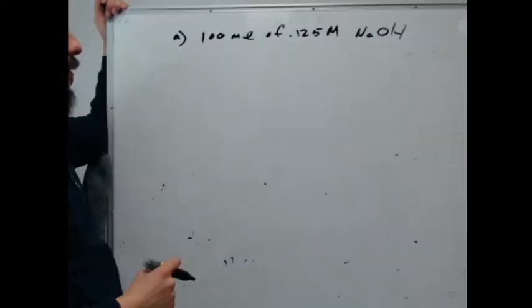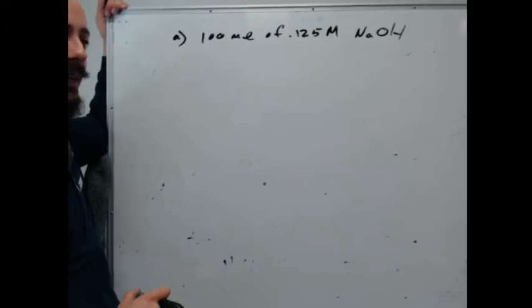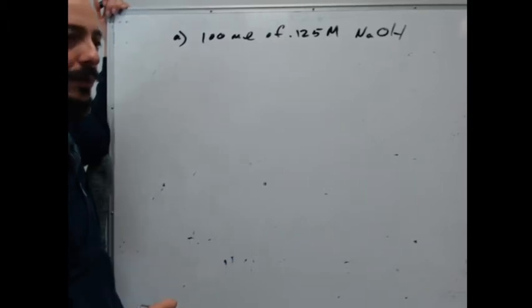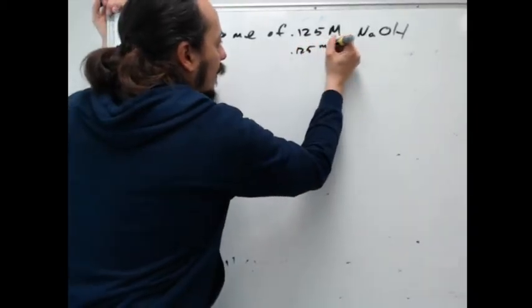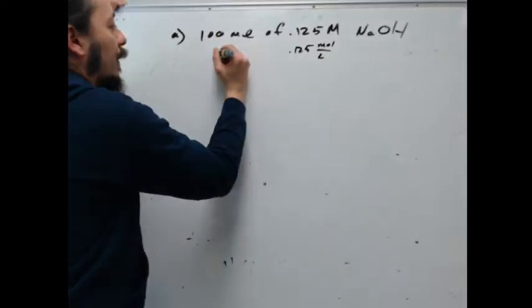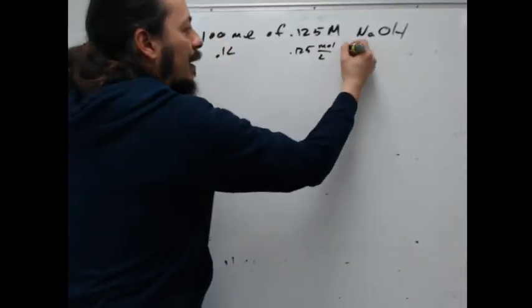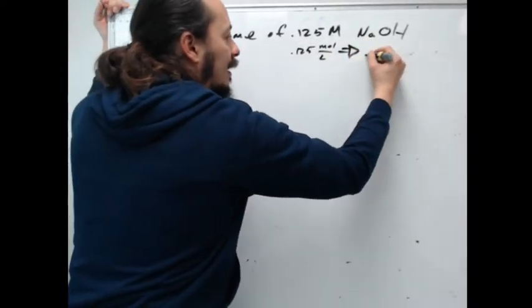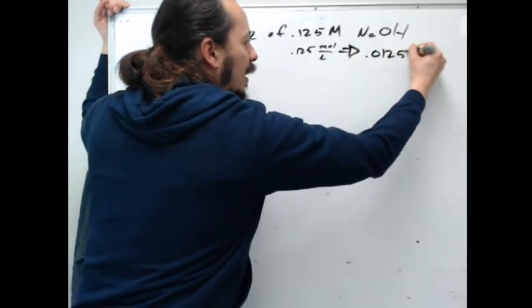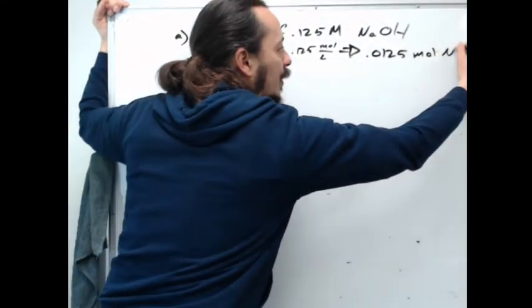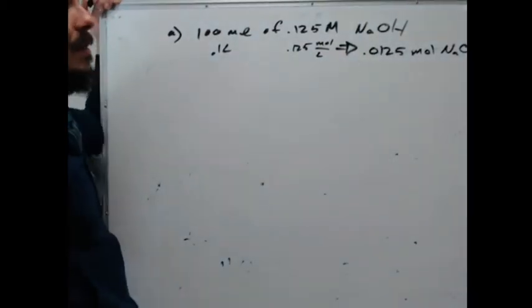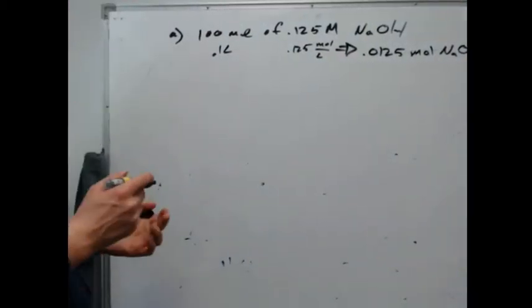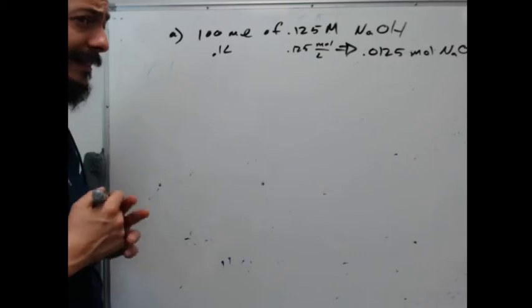So we have to remember a couple things. If I have a volume and a molarity, how do I get a number of moles? Molarity is just moles over liters. So I can convert this to 0.1 liters and multiply those two together. That's going to give me 0.0125 moles NaOH. Now it doesn't want my moles of sodium hydroxide, it just wants my moles of sodium ions in solution,